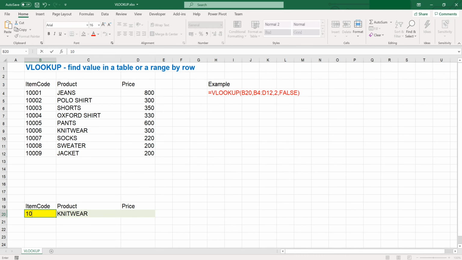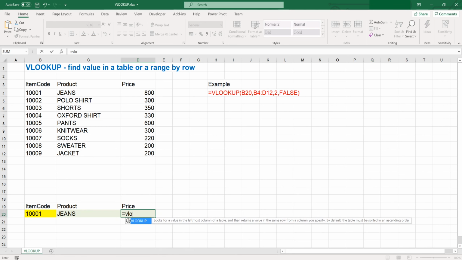If we change it, the information is also changed. So now we can do it again to get the price, equals VLOOKUP, and then we choose the value again, comma,